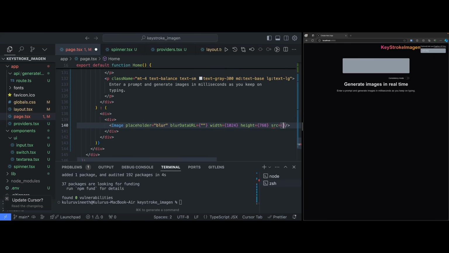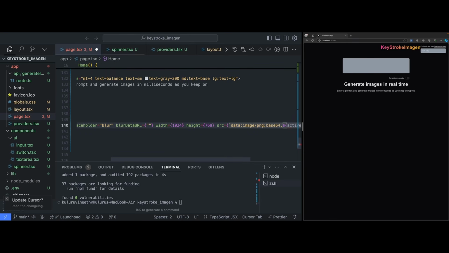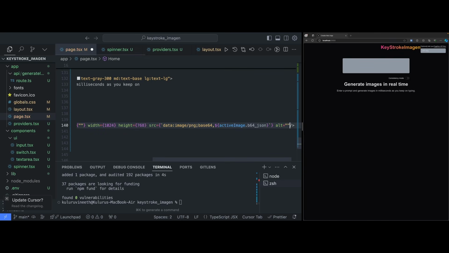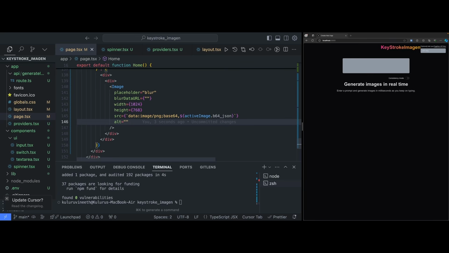And now the source, that's the actual image that will be showcasing. So this data image png, and this is base 64. And now here I'm just going to provide base 64 JSON to this. Okay, and let's for now keep this alt text as empty. Okay, fine. And also now the styling for this div,